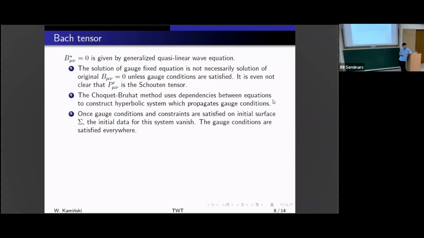So it's the standard method of Choquet-Bruhat. Of course. So how is this method working? We're looking at the dependencies between equations, like Bianchi identities and so on, and from them we can derive some auxiliary hyperbolic system for this gauge function. Okay, and then if on the initial surface these gauge functions vanish, so the initial data for this gauge function is usually the gauge conditions for the initial data plus constraints. In this way, constraints enter the Choquet-Bruhat method. So if this is satisfied, it will be satisfied everywhere, and we are done. So we solve the problem.